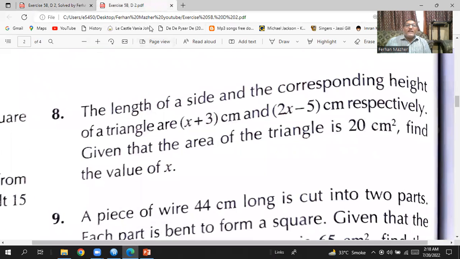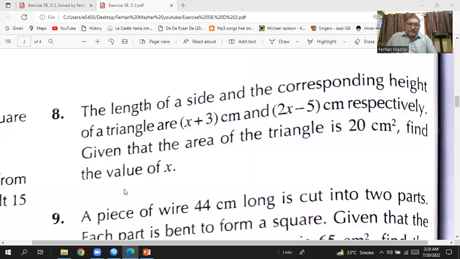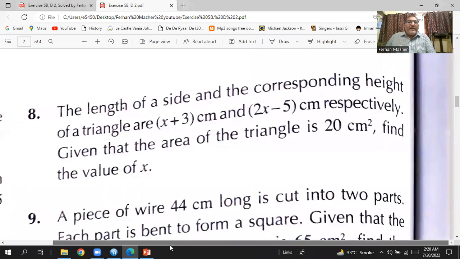Okay, so we are going to the next question. The next question is question number 8. Okay, so we are on question number 8, and it says the length of a side and the corresponding